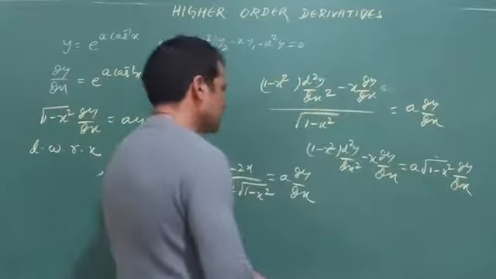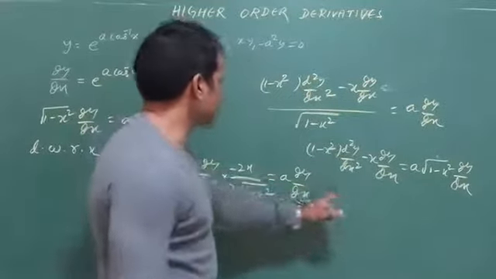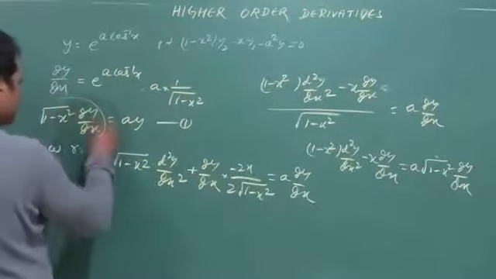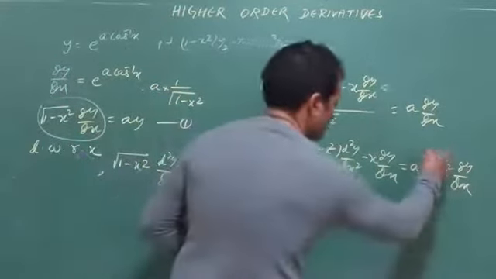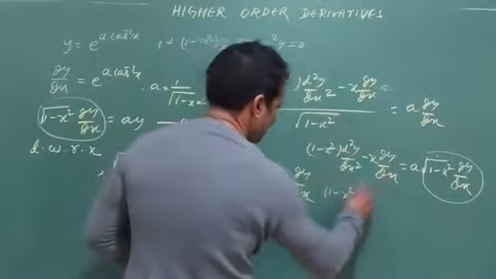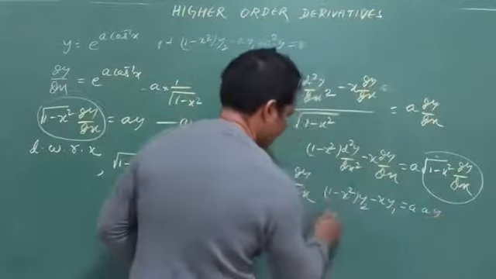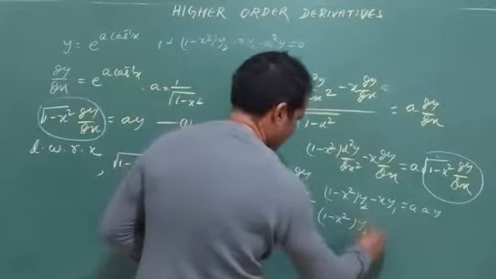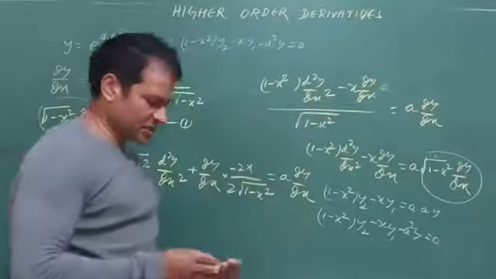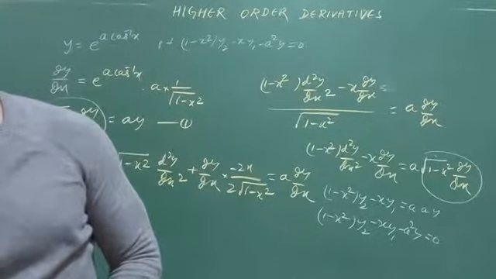Look at the proof. What do I have to get? (1 minus x square) y2. Yes, y2 is there, x y1 is there, but this part is not there. So now look at equation number 1. I can replace this value by a y. So replace it by a y. (1 minus x square) y2 minus x y1 minus a into a y. Got the answer. (1 minus x square) y2 minus x y1 minus a square y is equal to 0. So try to solve some easy questions. Tomorrow we'll start with some difficult questions. Okay, thank you. Practice more questions.